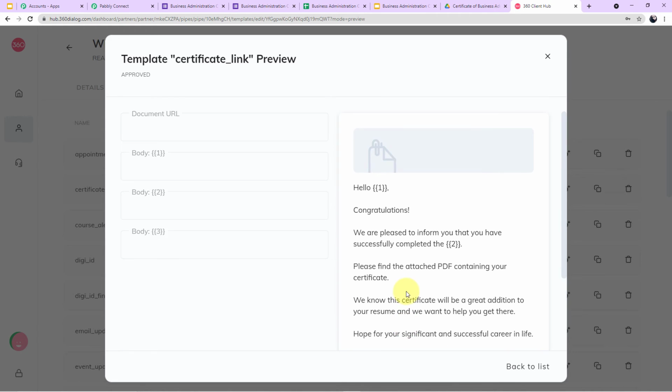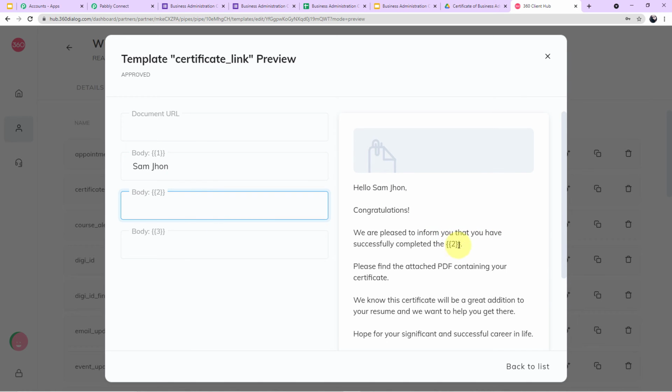These numbers are the variables which will keep changing according to the information of your student. For example, in the place of number 1, the name of your student will come. Let's say our student's name is Sam John. As soon as I enter the name in body number 1, the variable changes to the value, the name of my student.